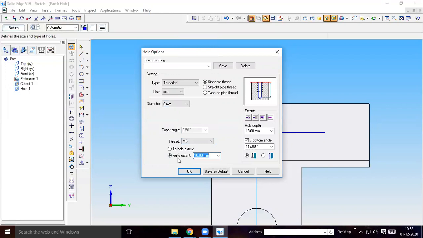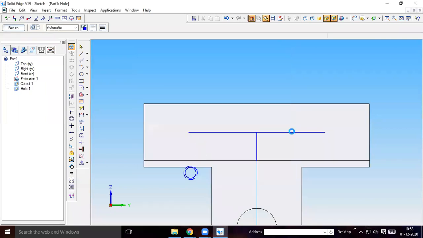So here finite extent. I want thread up to 10 mm, and hole depth is 13 mm. Since I have already defined it in the previous drawing, the same is showing, and it will have a V bottom. Then say OK and place it, the center point has to be placed at the end of the 30 mm line on either side.